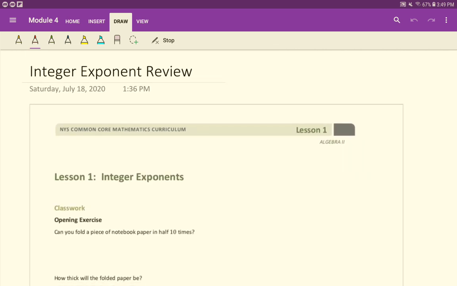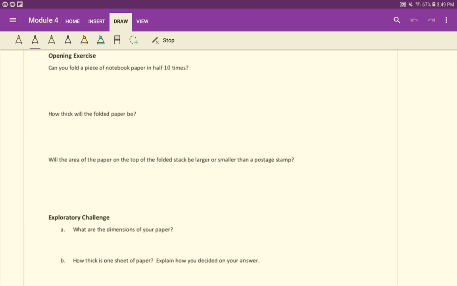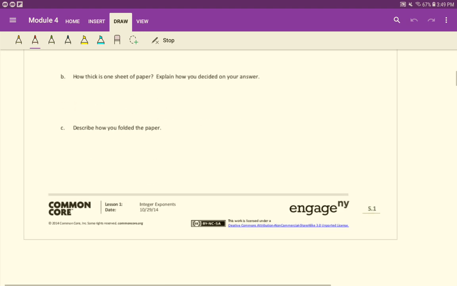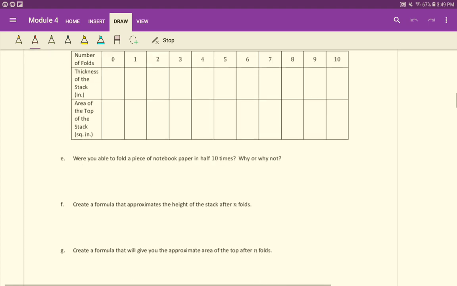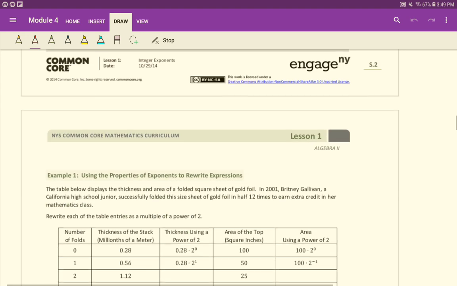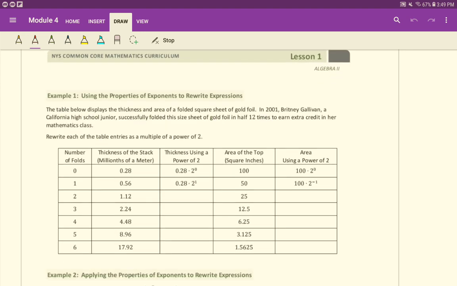Hopefully you should have your unbounded student version of the lesson in front of you. We're going to skip this opening exercise. You're welcome to try it out for yourself. It's something you can save for your teacher to do. It's just going to be hard for me to show paper folding on this video. But we will examine this folding right here, where we have a table that displays the thickness and area